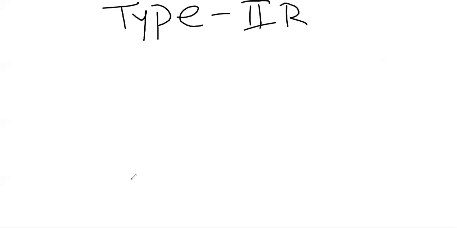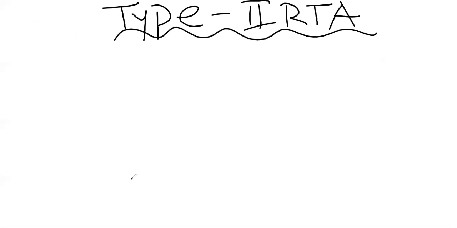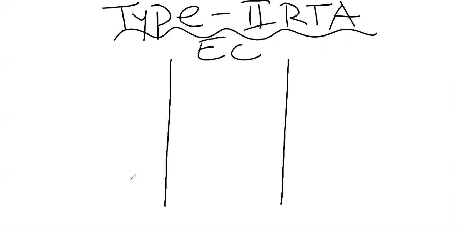Next, come to type 2 renal tubular acidosis, which is mainly a disorder of the proximal part of the nephron, that is the proximal convoluted tubule. As we already discussed, in the proximal part of the nephron hydrogen ion will be secreted and bicarbonate will be reabsorbed, which is also known as the reclamation process. To recapitulate, we have to draw the diagram first. Here it is the epithelial cell, here the proximal convoluted tubule, and here the medullary